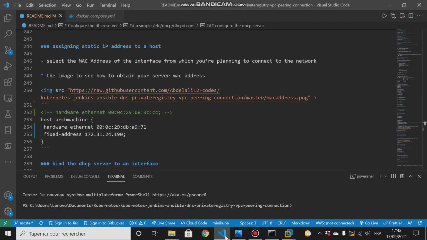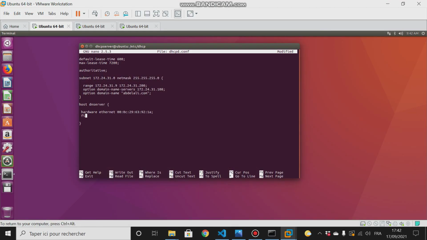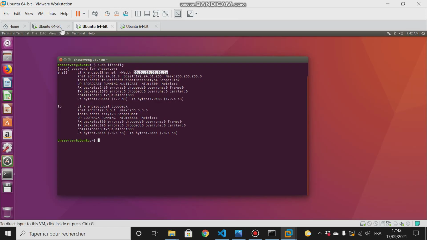The hardware ethernet, then fixed-address, then type my IP address 24.1.108. That is the semicolon. Then